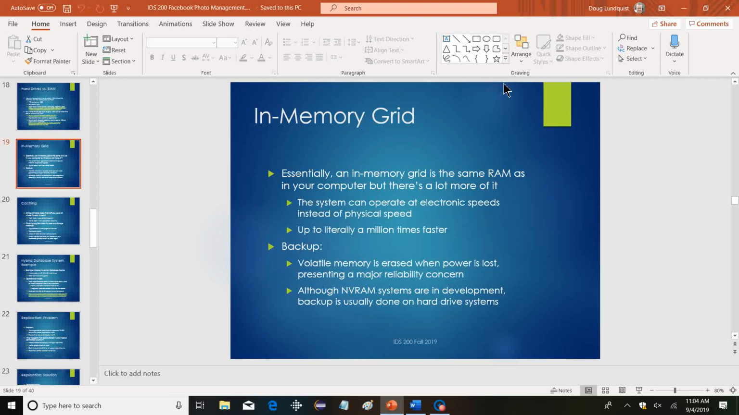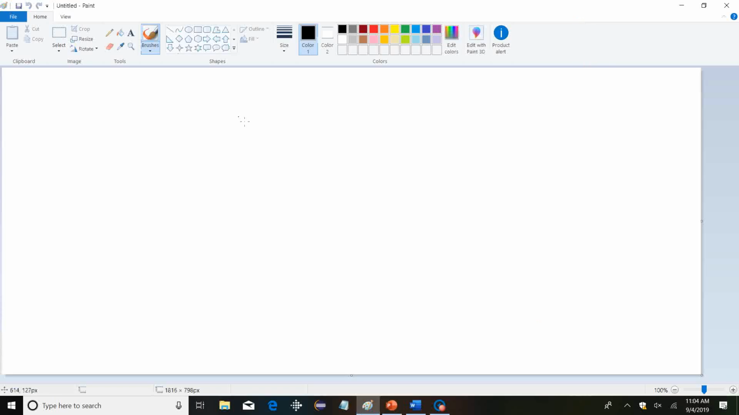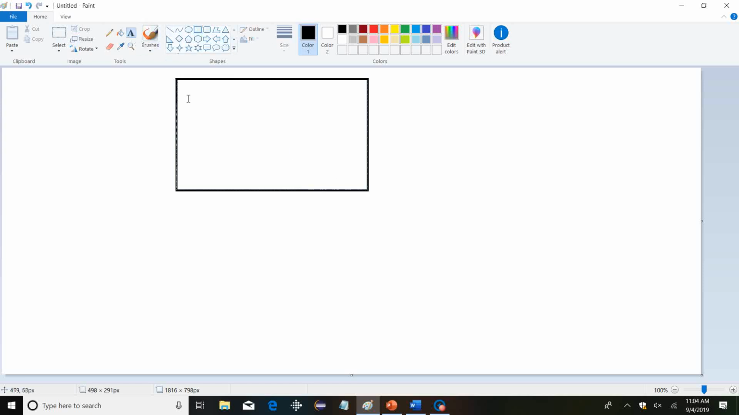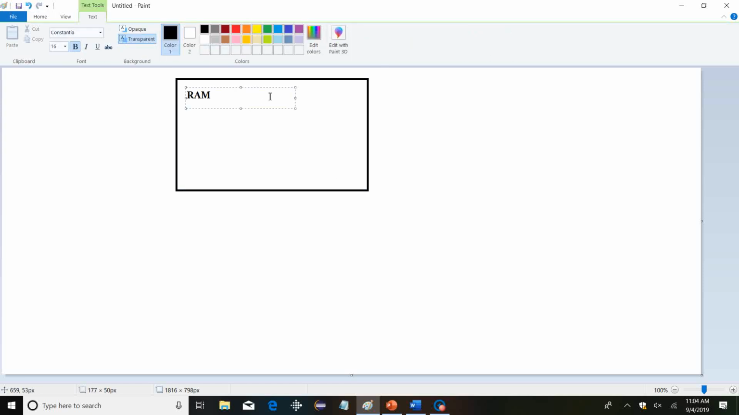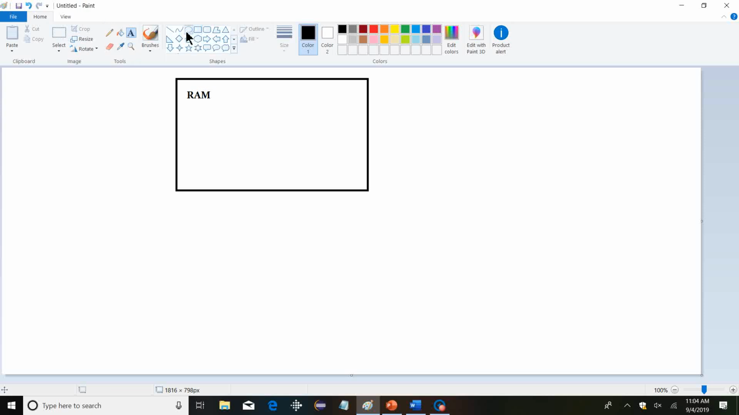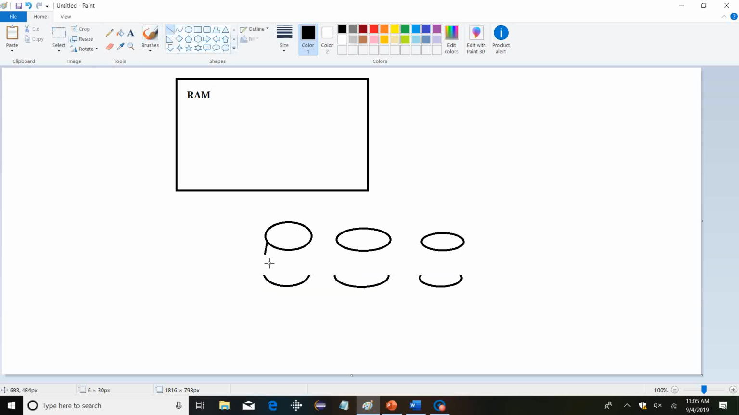Okay, so we resume. The idea with an in-memory grid is that you have a backup of data for reliability, and that's done on hard drives. And then for faster operation, you have RAM. So you have some cluster of hard drives down here. And the basic process